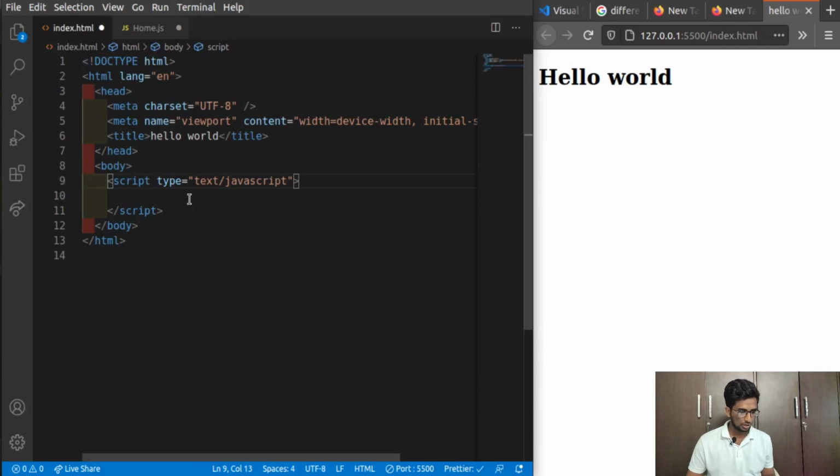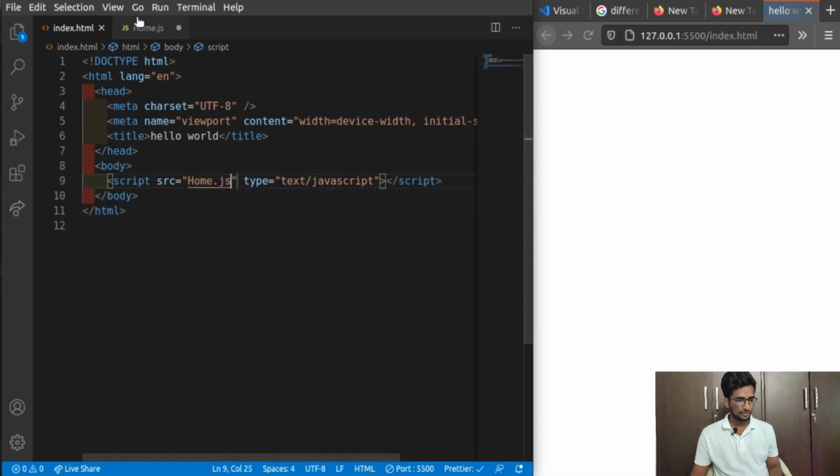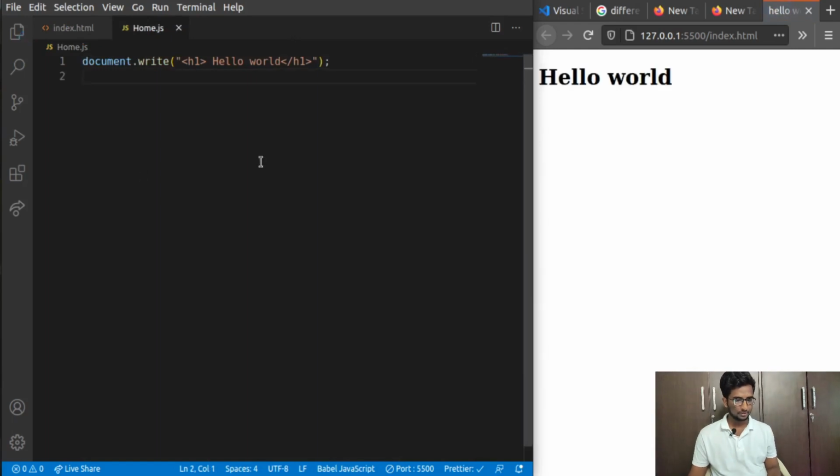But in order to run the file, you need to give the source location. So for the source, you need to write src, which stands for source, and the file I have named in the format of home.js. If you select this file and save both of them, you can see, yeah, now I got hello world, okay?